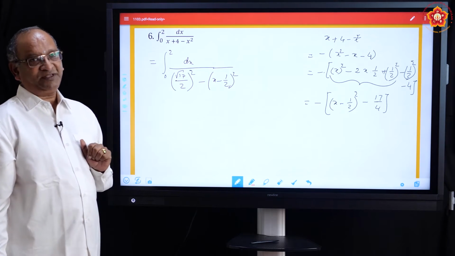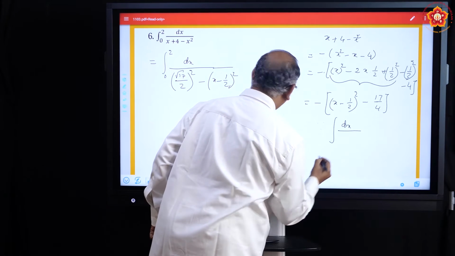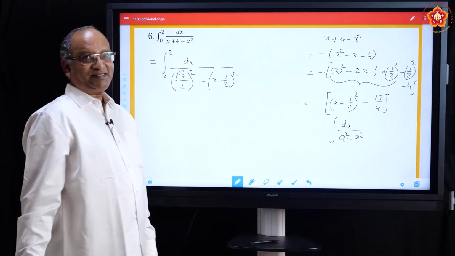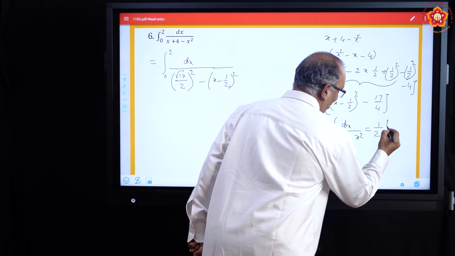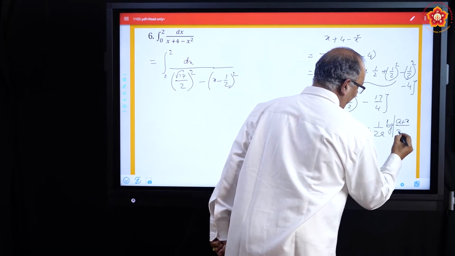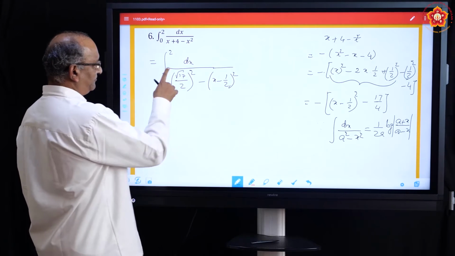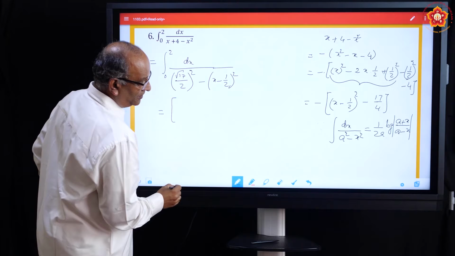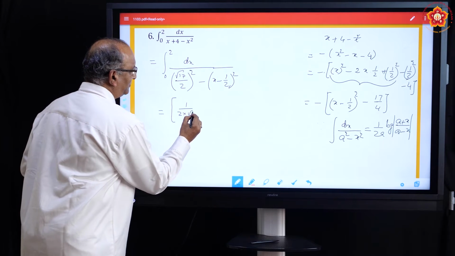Now recollect the formula. Which formula? We have learned integral of dx upon a square minus x square. What is this integral? It is equal to 1 by 2a log a plus x upon a minus x. That is the integral. So use that formula. In place of a, we have root 17 by 2. So, we will get 1 by 2a. So, 1 by 2 into root 17 by 2